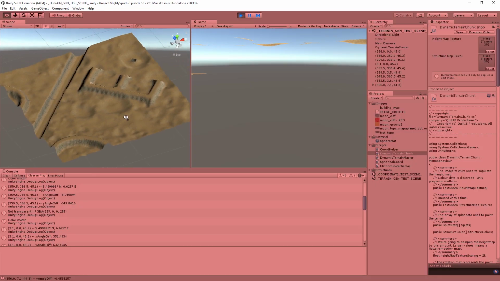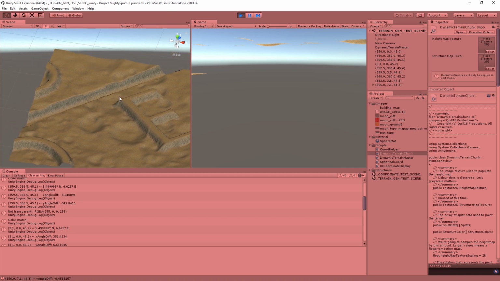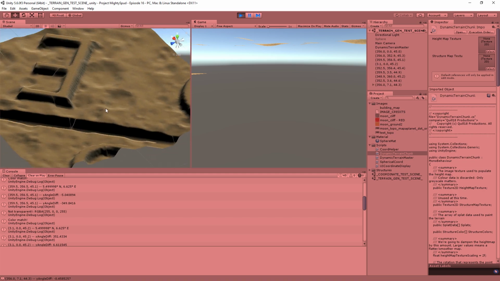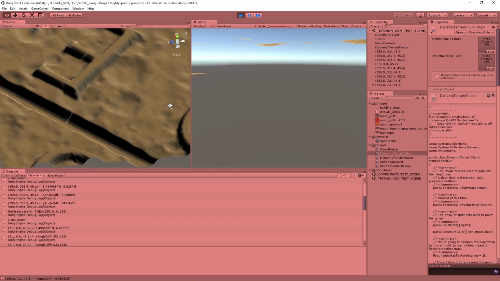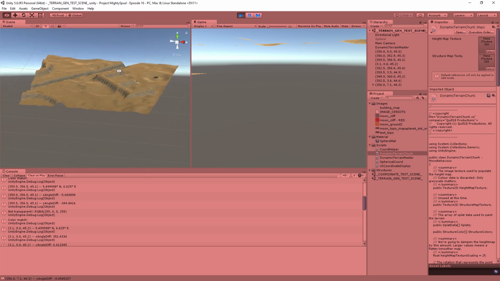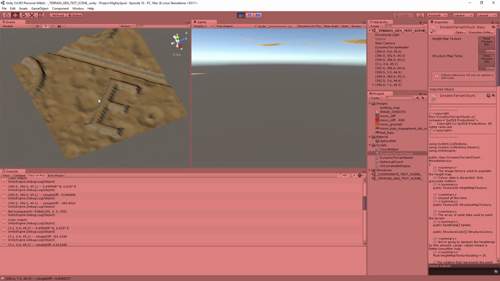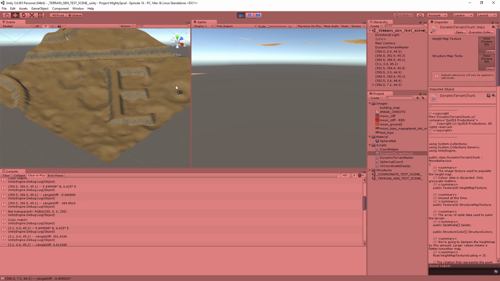Hey folks, Quilly18 here, and welcome to another episode of our Unity project, codenamed Project MightySpud, where we're trying to make a terrain engine over here, and we are very near the end. In fact, I am going to be starting on the very last major feature today. It's been a little while since the last episode. I was out of the country for a while, and then I did a mini tutorial, but